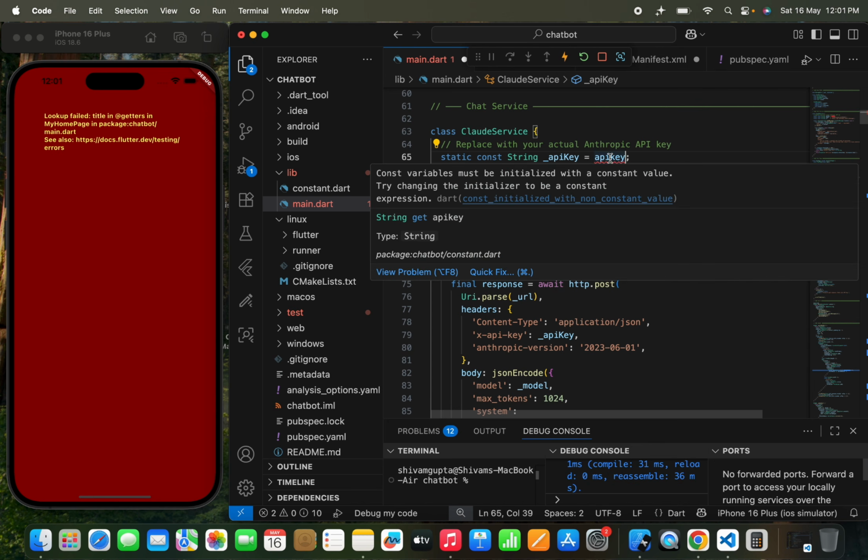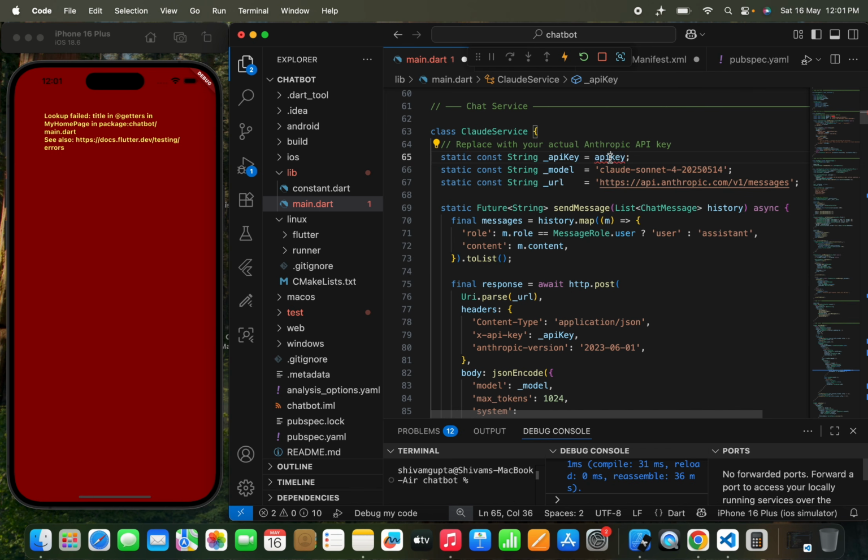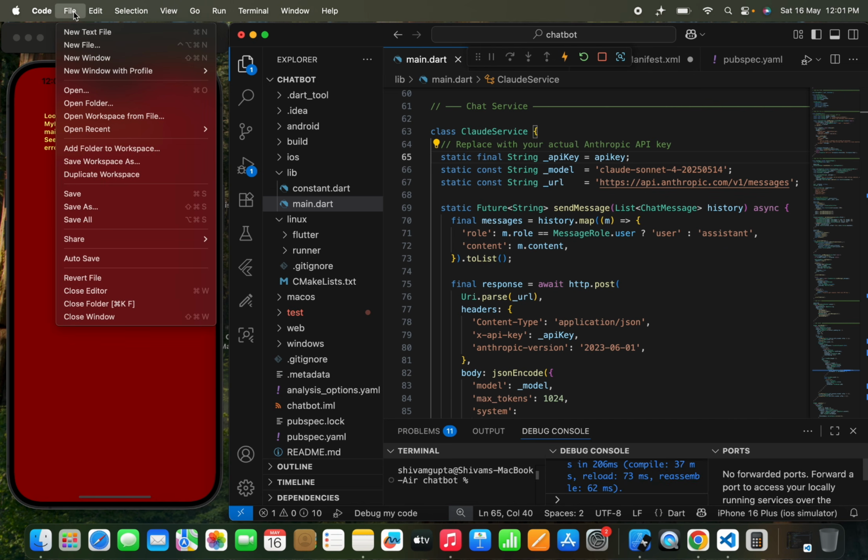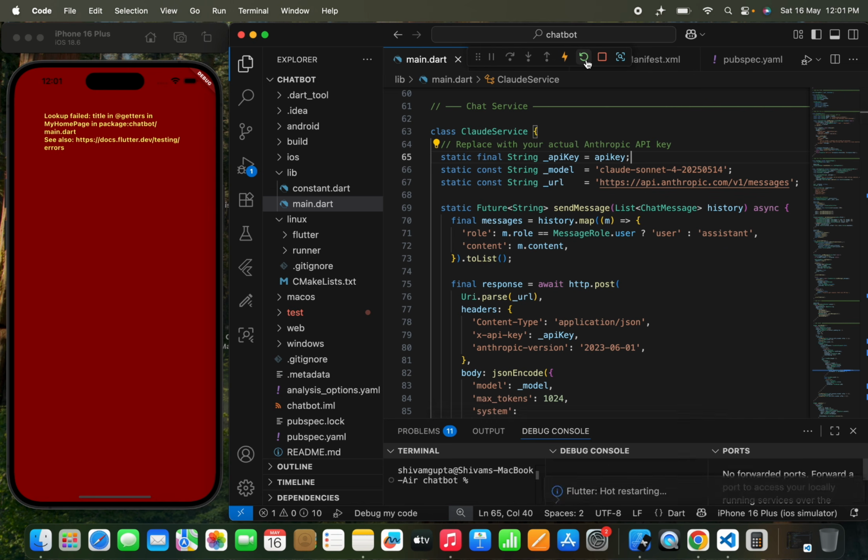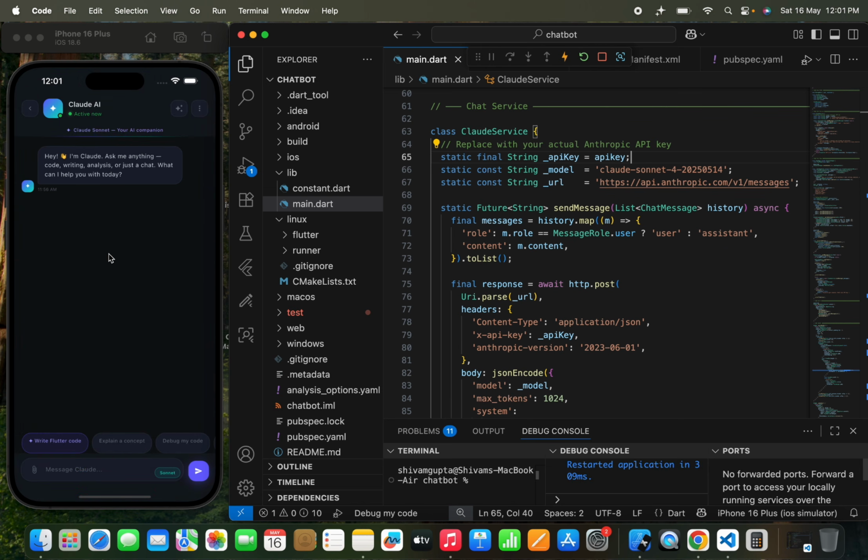Okay, constant must be initialized. Okay, remove const. Yeah, so it's done. Yeah, so this is the thing. Now I'm going to just hot restart the app. First let's save all the files, and I'm going to hot restart the app, and yeah, so here it is,